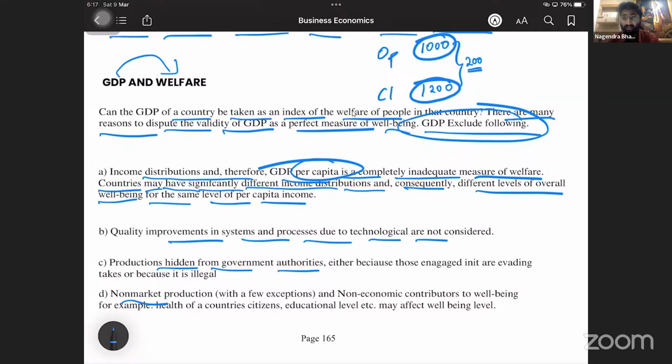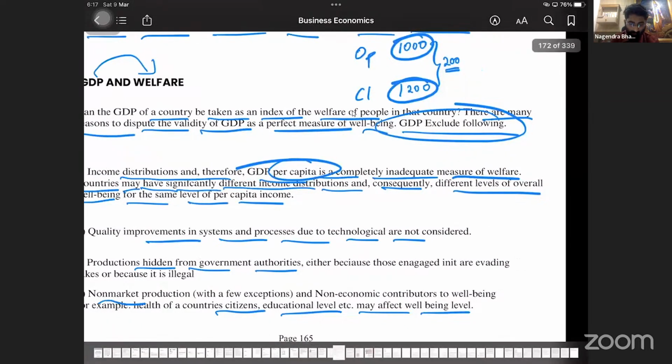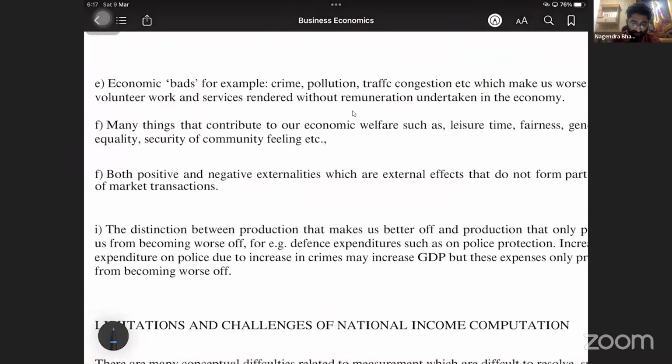Example, my mother. She is working. She works, and that contribution, no, it is not shown anywhere. That contribution, where we will show that contribution to well-being, for example, health of a country's citizen, educational level, etc., may affect the well-being level. So that will definitely affect the well-being level. Lastly, here, economic bads, for example, accidents, crime, pollution, traffic congestion, etc., which make us worse